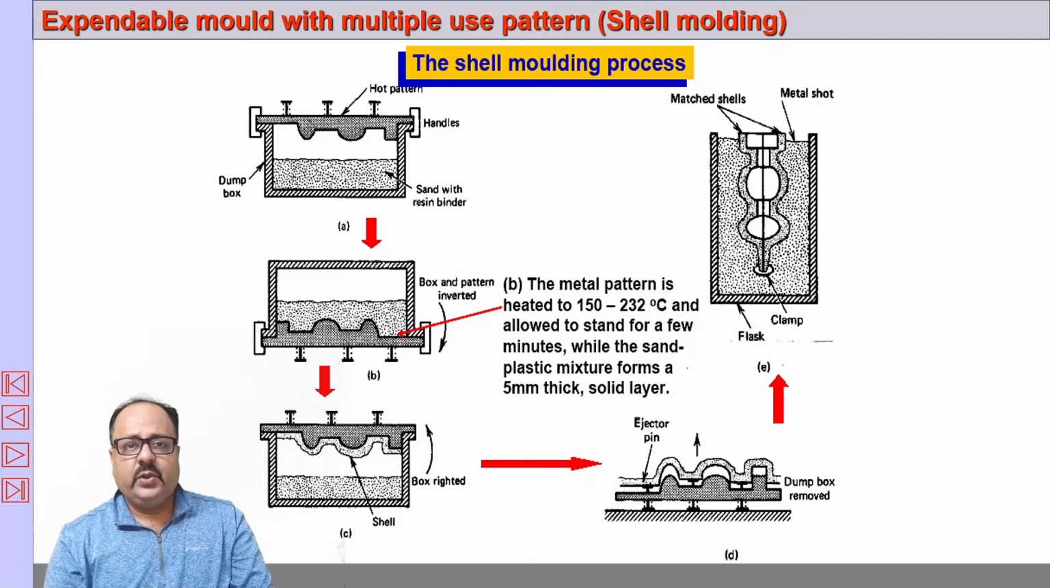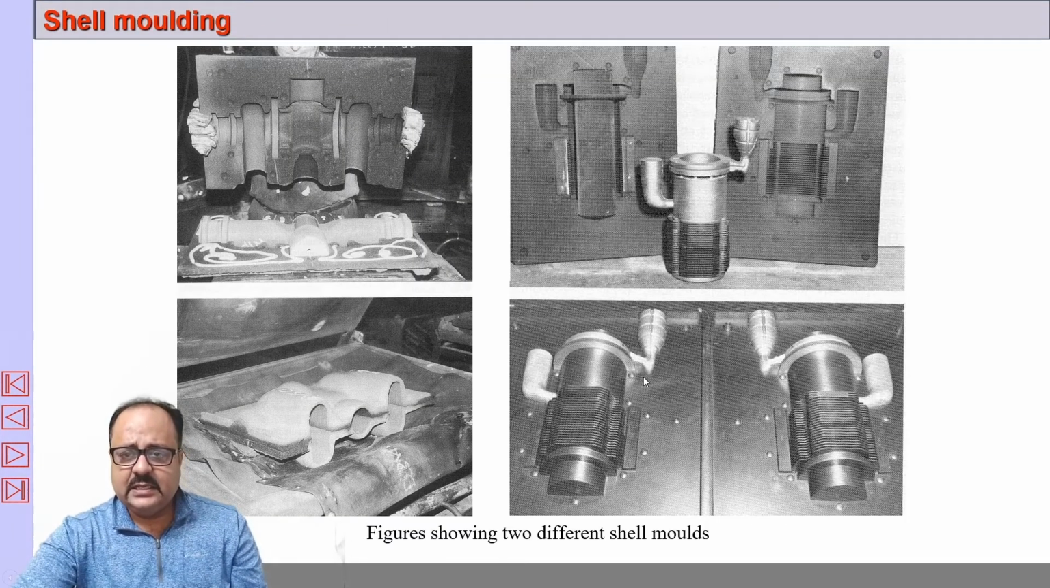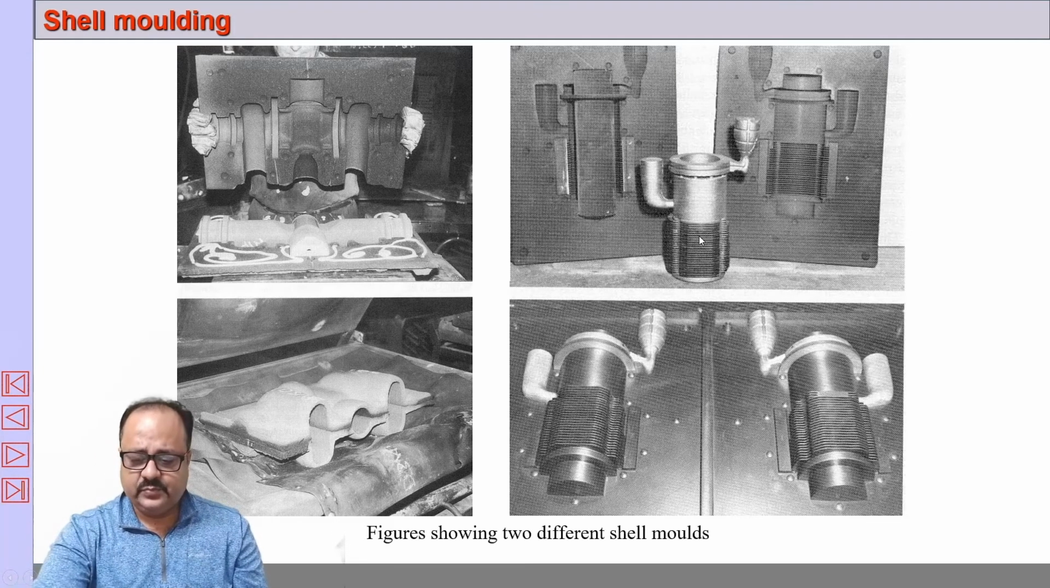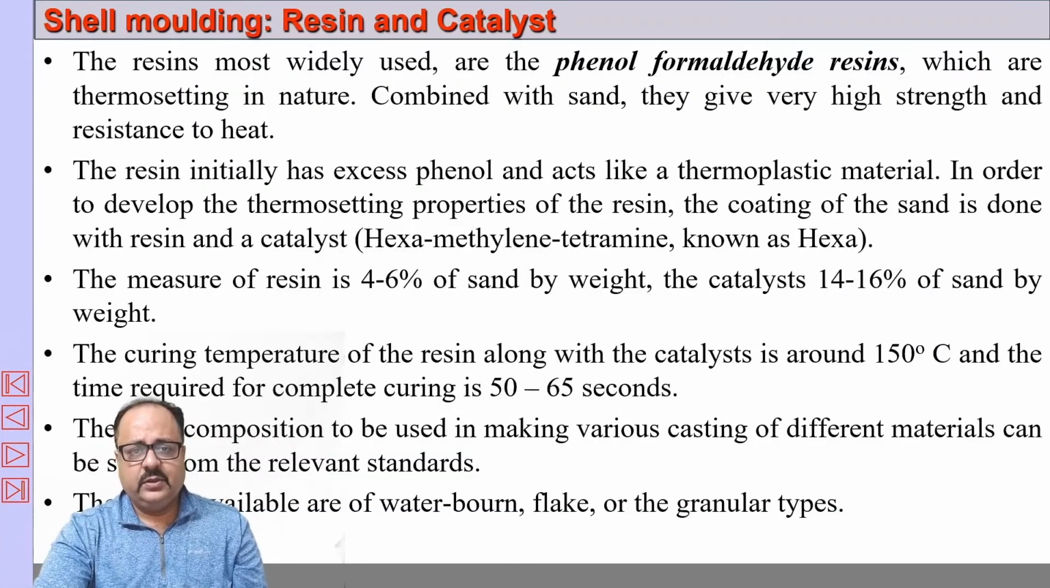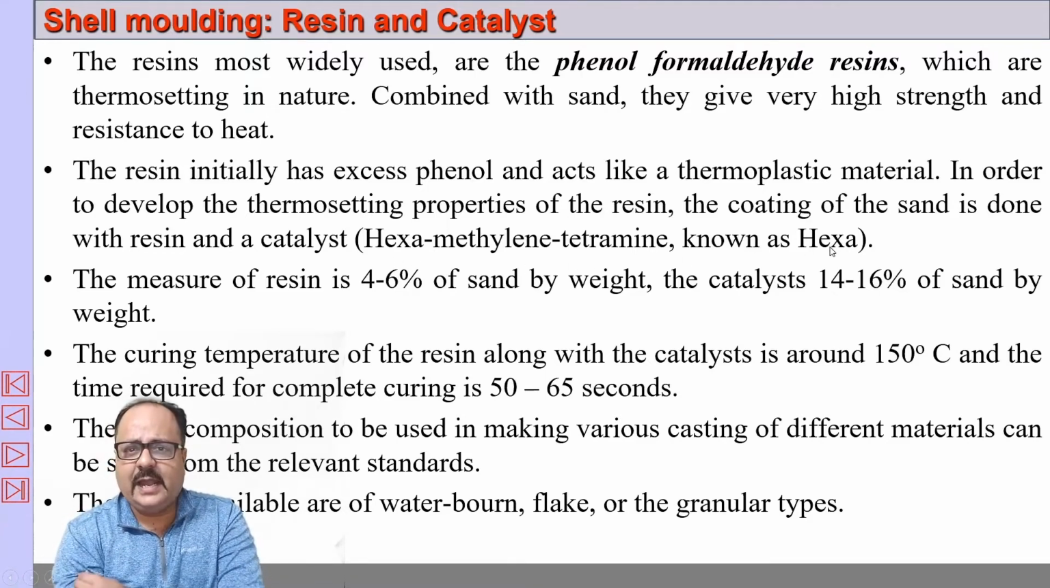So what is the advantage in comparison with sand casting? You can see so thin sections can be cast very easily. Okay, how much resin? Resin is around 4 to 6% of the sand by weight, and the catalyst is around 14 to 16%. What is this catalyst? The catalyst is basically hexamethylene tetramine, known as hexa, and this phenol formaldehyde normally undergoes thermosetting at a temperature around